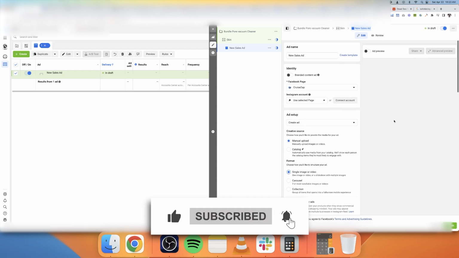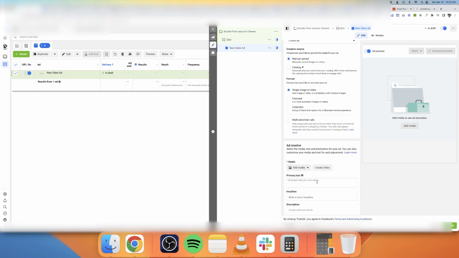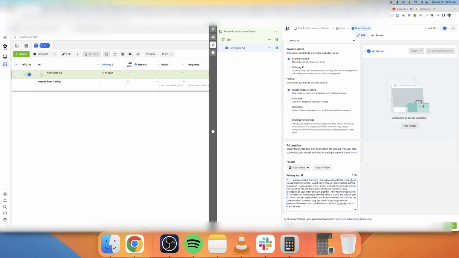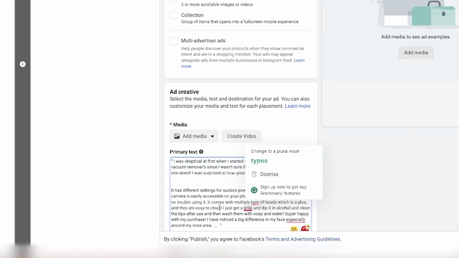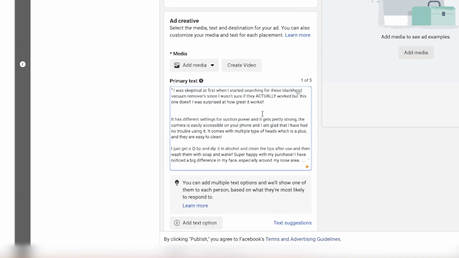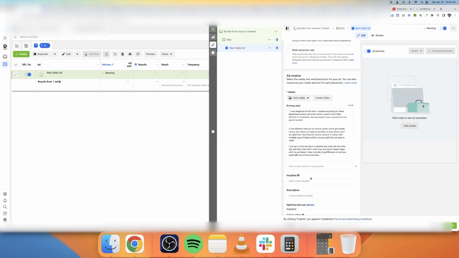I'll do single image or video, create ad, then I would just start to upload the media from what I would have. As I was going through this, for instance, this one here is a very good angle. I would not recommend you just take Amazon reviews and use them as ad copy. If you have some reviews for your product, that's what I would recommend you use. But here you can see how descriptive that is. It literally would explain the whole process behind the product, the benefits of the product, but not in your words as an advertiser. It would explain it from the perspective of consumers. So this will be very powerful for you to take advantage of.